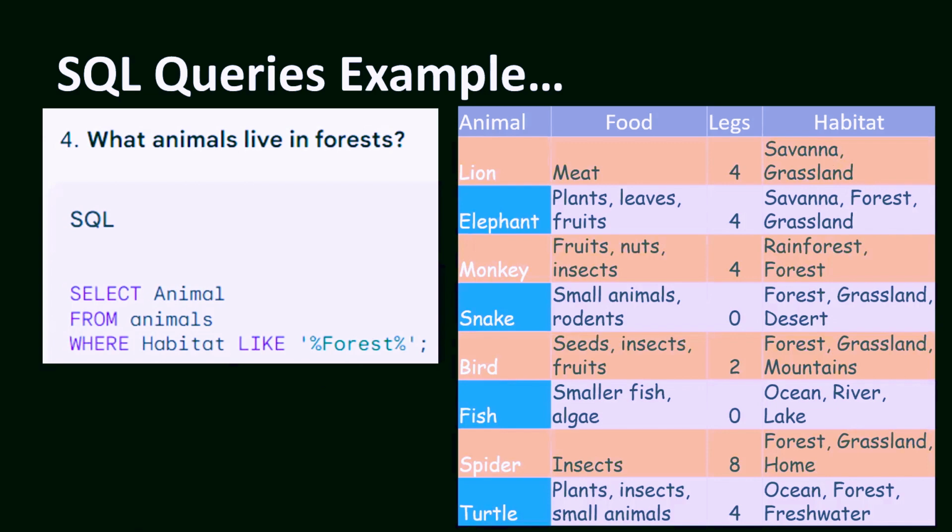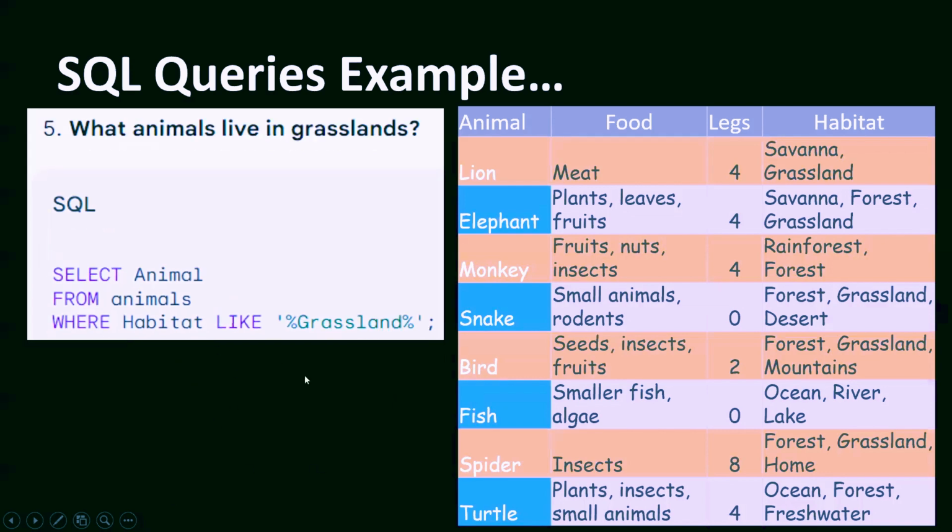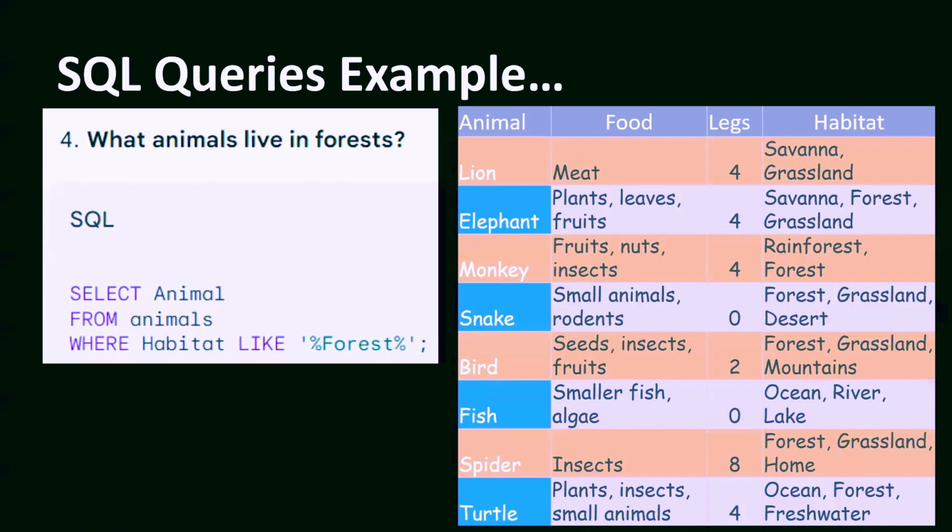Got it? Okay. So yes, this semicolon is in the language, right? Every statement can be ended with a semicolon. If you are giving a single statement and don't end with a semicolon, it will still work. But if you have multiple statements, then between those statements you will add the semicolon so that it will know that this is one statement and that is another one. So completion of statements will be done by the semicolon.